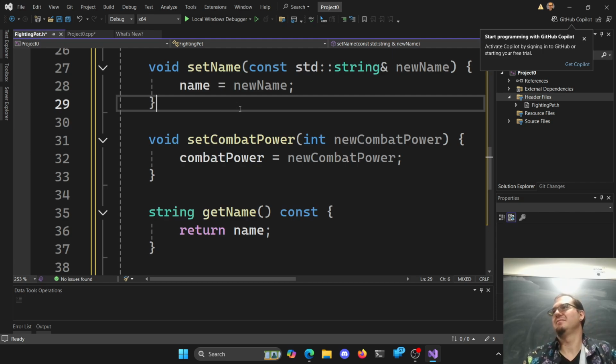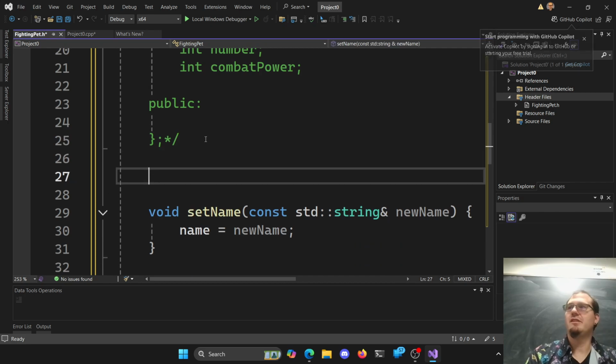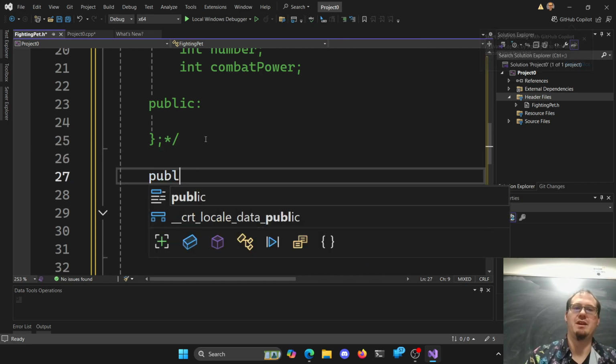Maybe your name changes. I don't know. Sure. Maybe your combat power changes. I don't know. Whatever you wanted to do here. So if we don't have a set for that, we have to have it in the constructor. So we'll have a